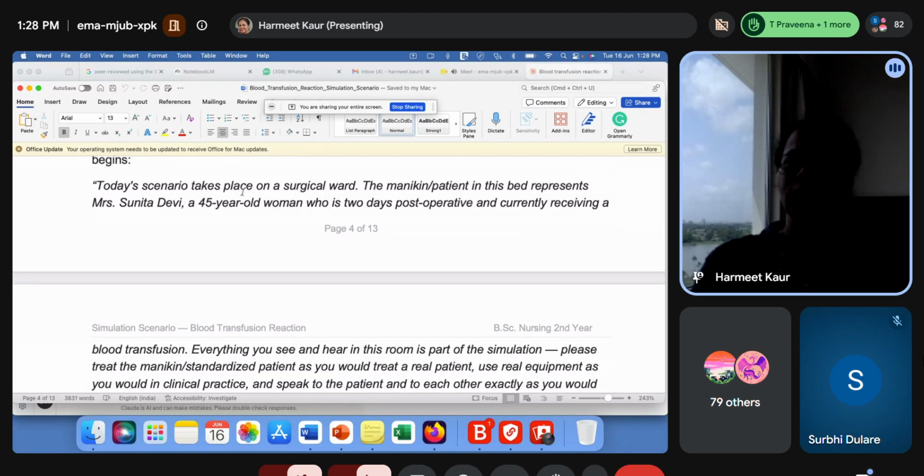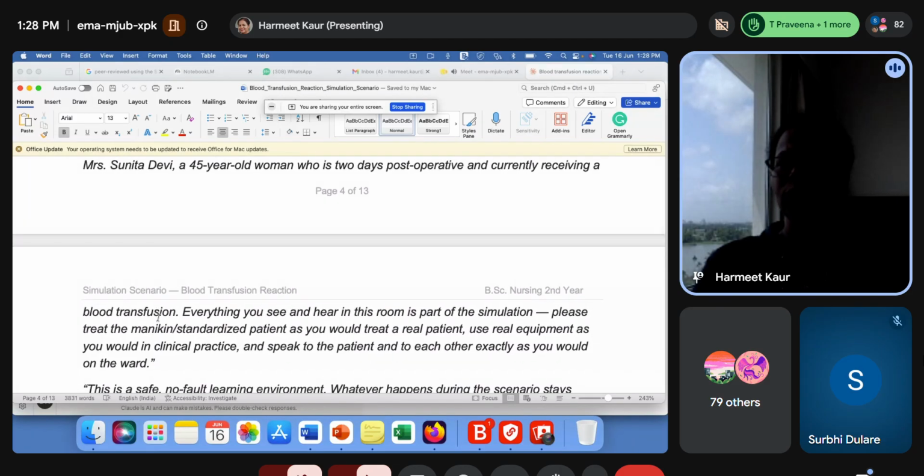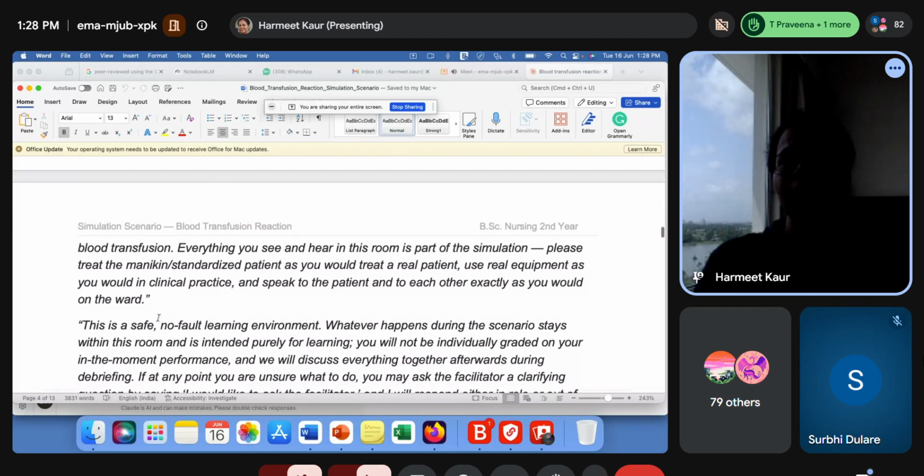So this is the scenario that takes place in the surgical ward, and the mannequin patient is in this bed, Mrs. Sunita Devi, a 45-year-old woman, who is 2-day post. Very clearly it has written that this woman is 2 days post-operatively. She is currently receiving the blood transfusion. Now see, these are the particular things which you have to say, that everything you see and hear in this